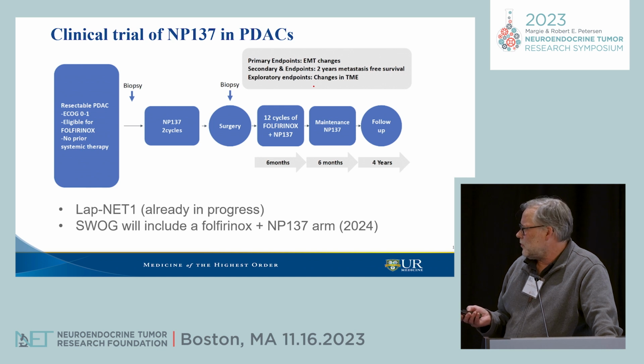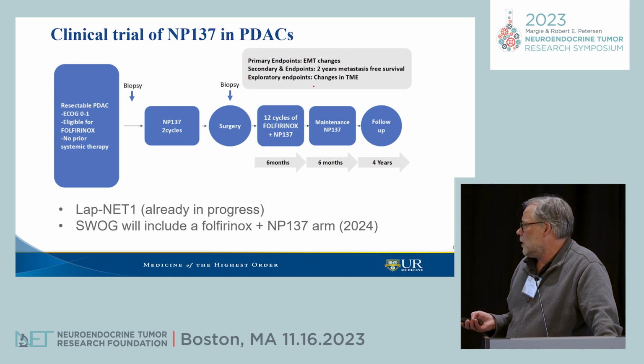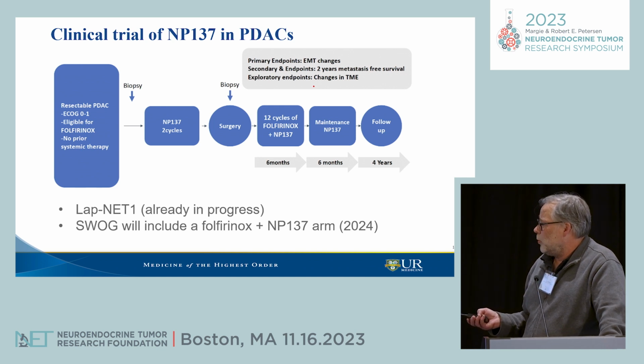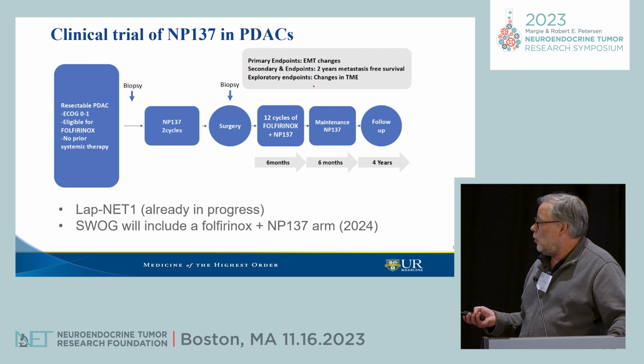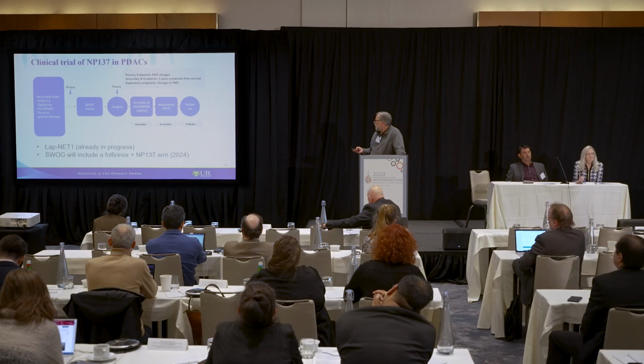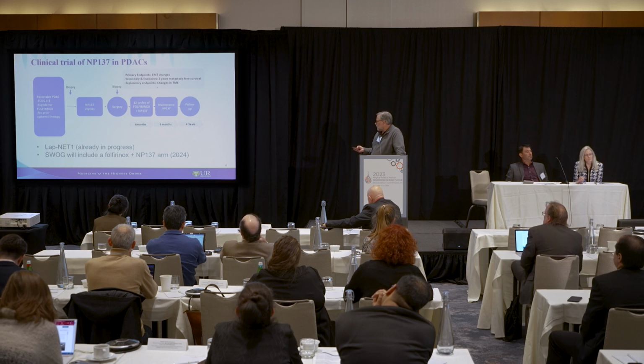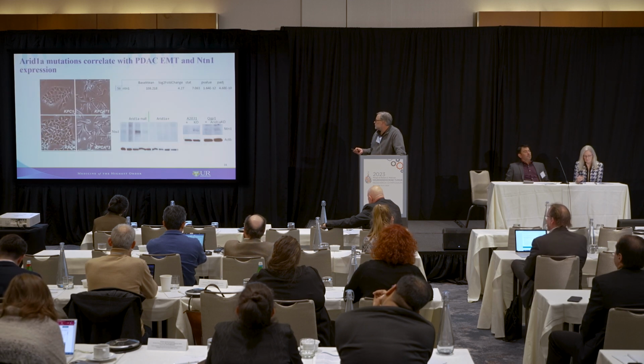And Netris is doing 50. So out of all this, what I'm really looking for is we're going to biopsy before they get treated. They'll get 2 cycles. They'll get biopsied again when we surgically resect them. These will all be resectable patients. And then we'll look to see what happens with them, okay? We'll also do follow-ups and look at their effects on metastasis.